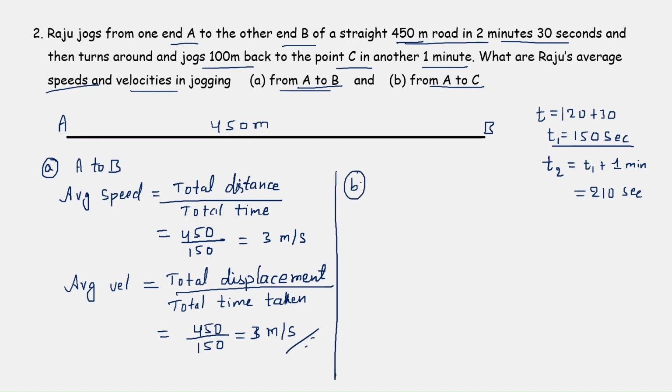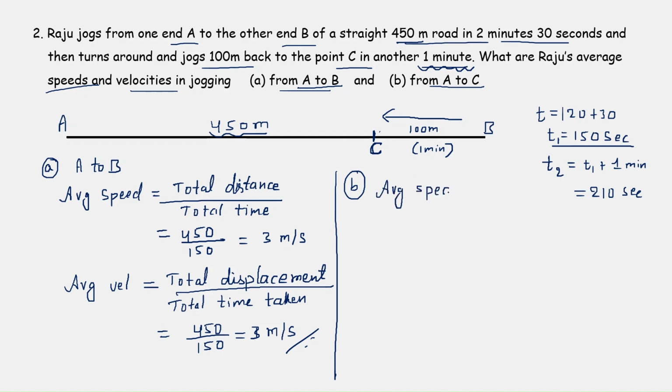Next we have from A to C. That means from A to B it is 450 meters and it will take 2 minutes 30 seconds. From B to C what happens? He will take 1 minute and come somewhere here. Let us consider he will travel 100 meters back and reach the point C within 1 minute. Okay, so now the average